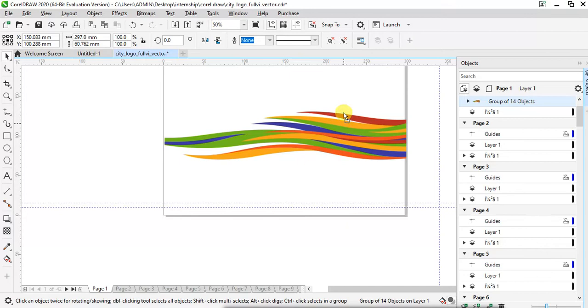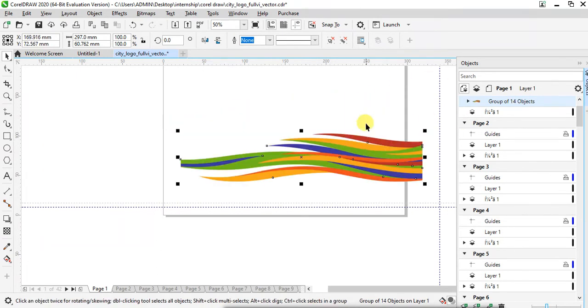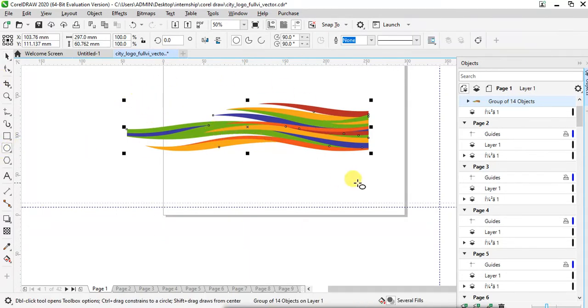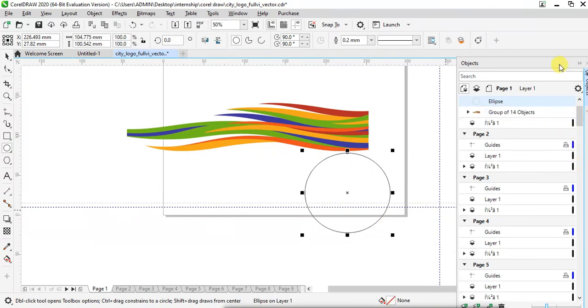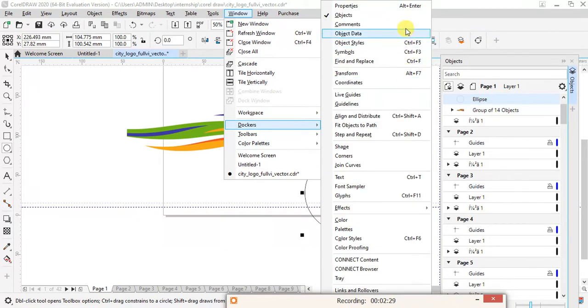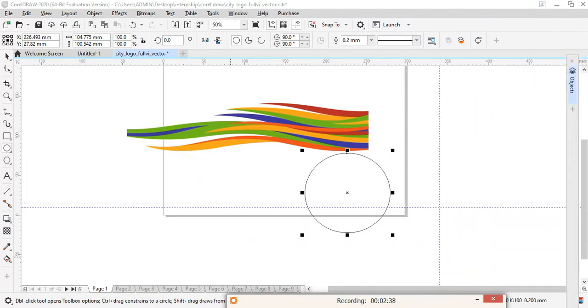On grouping this object, I won't be able to select a particular line, or a particular shape inside this object, because I have grouped the whole thing together. This is how you can work with the object. Suppose you have two objects, for example, I'm adding one more object. You can get the Objects docker from your Window menu, under Dockers, and you can get your object panels. You can also work with the layers. Each and every part is done on the layers. I don't want this right now, so I'm closing it.